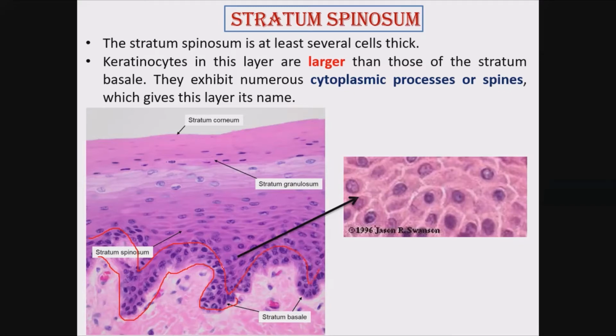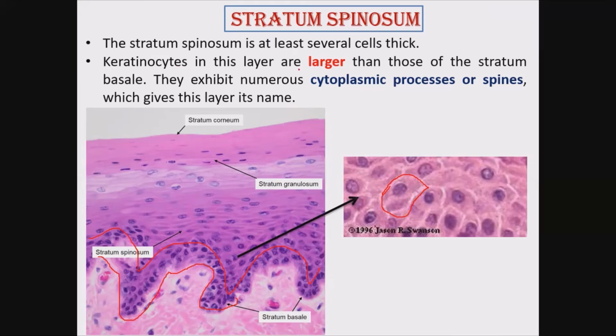As you go up, the cells are somewhat separated from each other, and they have some spinous processes. You can see the gap between the cells. Some gap we can see because during slide preparation the cell cytoplasm shrinks, and the gap appears between adjacent cells. These cells are connected with each other by desmosomes, the cell processes connected by desmosomes, which ultimately gives a spinous appearance to the cells.